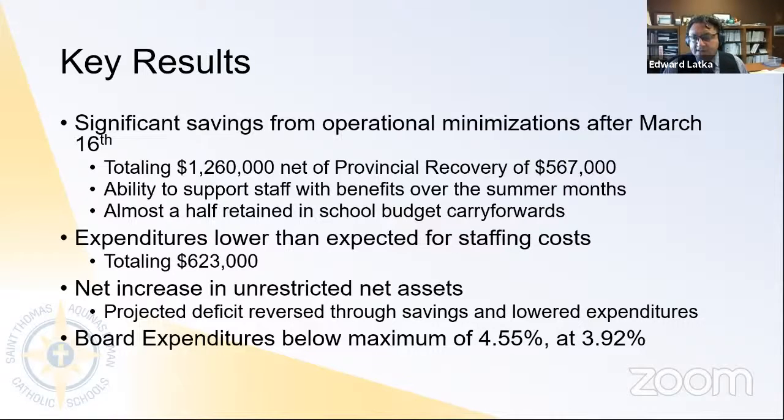Along with that, we also had some other items that provided some savings to the division. In terms of our expenditures, and because we use a lot of estimates with regards to not only our revenues but our expenditures, when we reviewed our staffing costs overall in terms of what we had budgeted, we had savings of about $600,000 in staffing costs from what we had budgeted. So again, in terms of finances, that all allowed us to finish the year far stronger than we had anticipated.